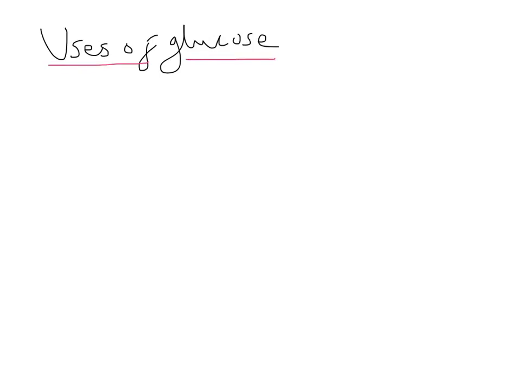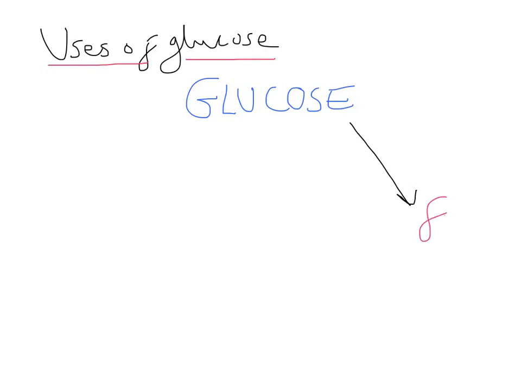First of all, let's think about the uses of glucose. Because the plant's photosynthesized, it's made all of that glucose, but it's not going to just suddenly use it all for food as a respiratory source. So what we'll do is we'll put glucose here, and we'll explain what that glucose can be used for. So you can actually turn that glucose straight into fats. You can use it and turn it into fats, and I'm thinking those fats you could then use for